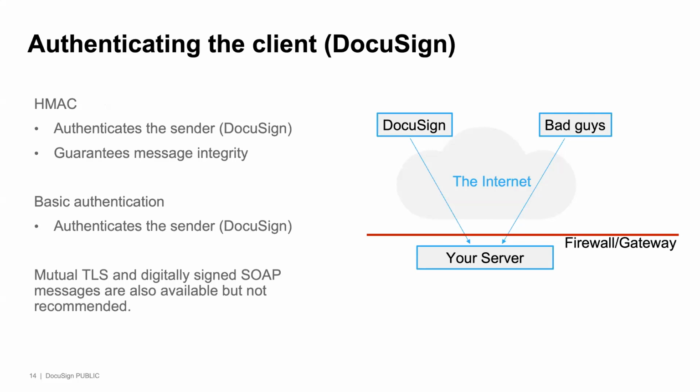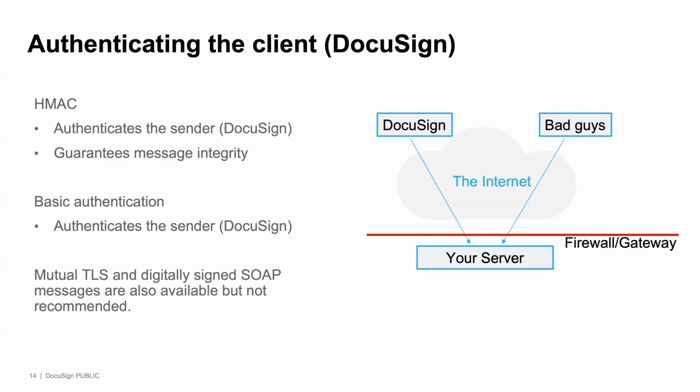Now, part of having your server, no matter what you do, is that you want to authenticate the client. The client, remember, is DocuSign. So you want to make sure that these messages coming in from DocuSign really did come from DocuSign and not from someone else pretending to be DocuSign, especially if you're making business decisions and doing things automatically based on these incoming messages. We have quite a number of features that work very effectively to give you the ability to authenticate that the messages came from DocuSign.